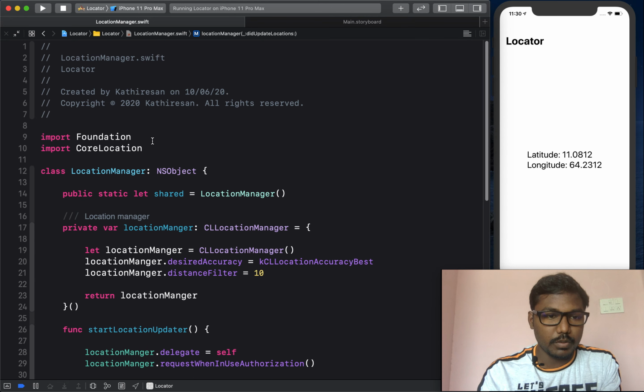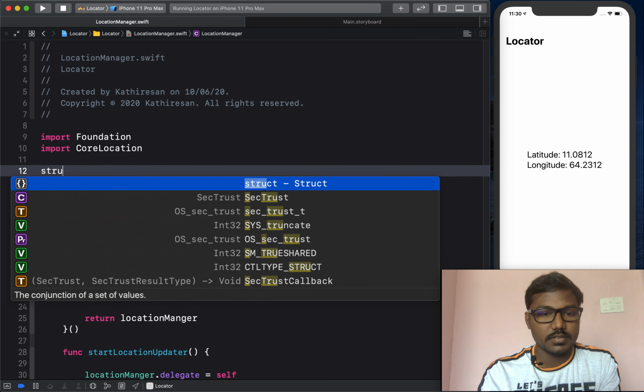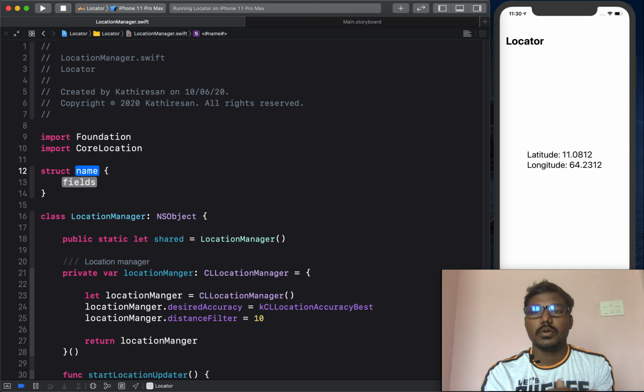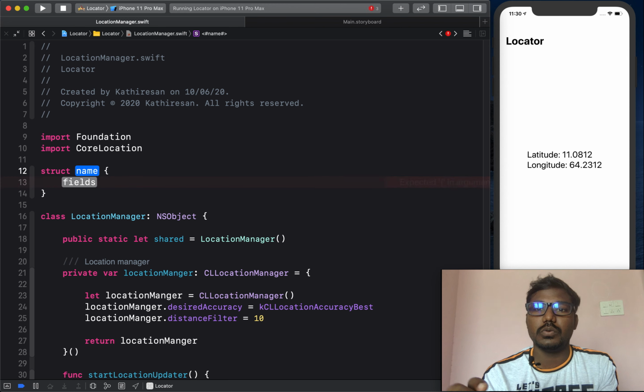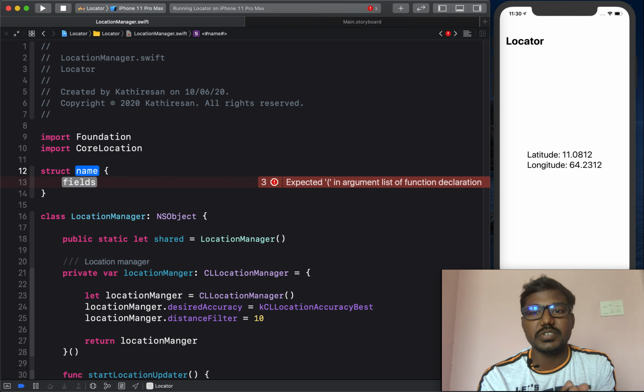Before that, we will create a struct to pass our values from this core location manager class to wherever we need.